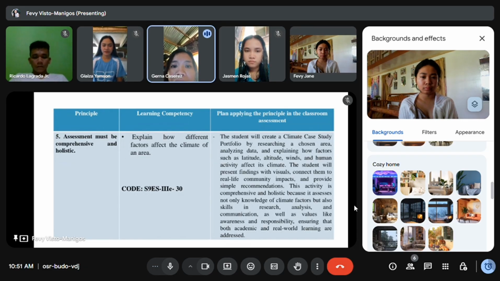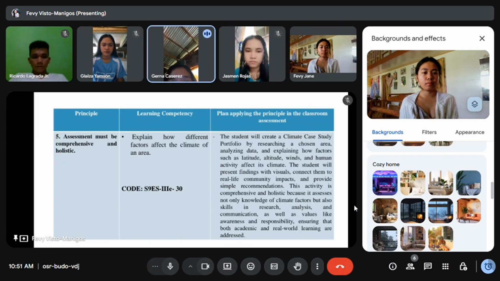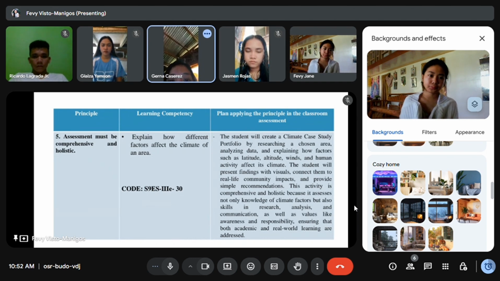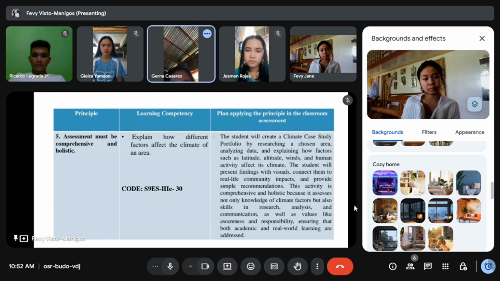In the plan applying the principle in the classroom assessment, the student will create a climate case study portfolio by researching a chosen area, analyzing data, and explaining how factors such as latitude, altitude, winds, and human activity affect its climate. The student will present findings which connect them to real life community impacts and provide simple